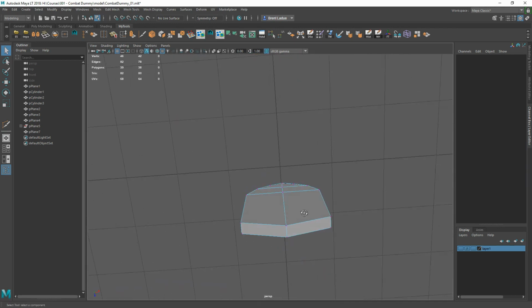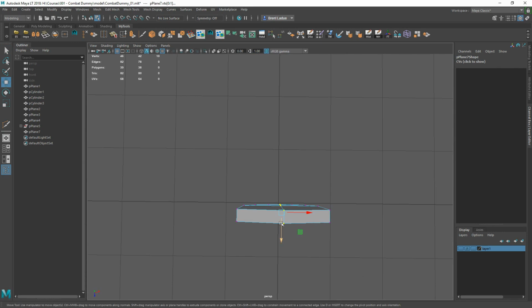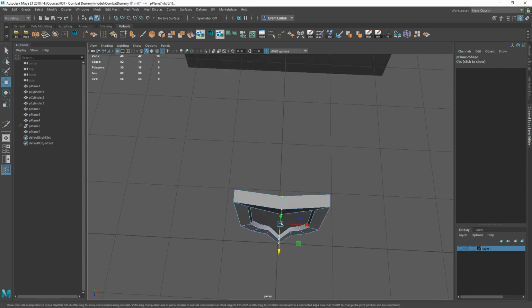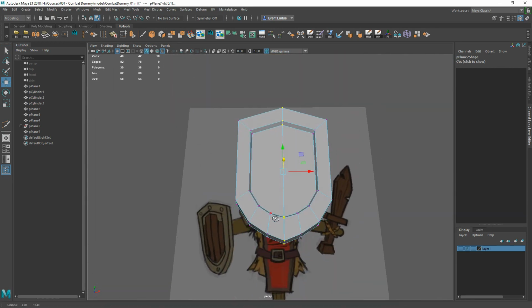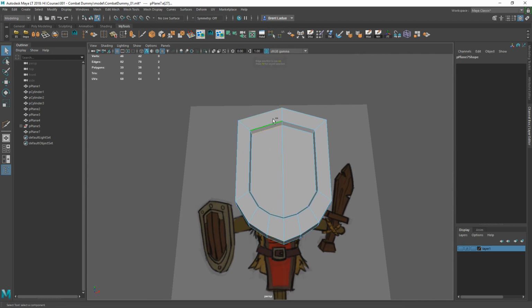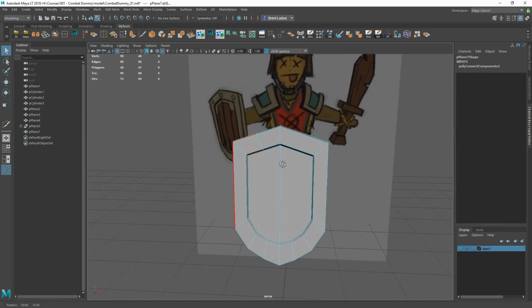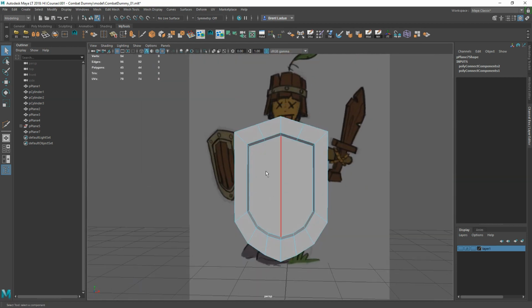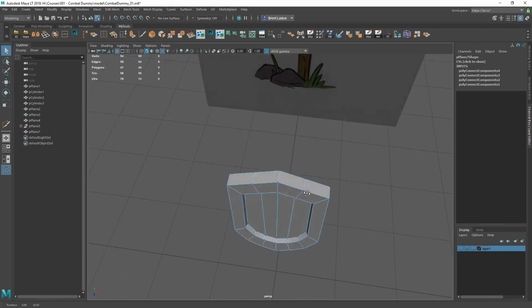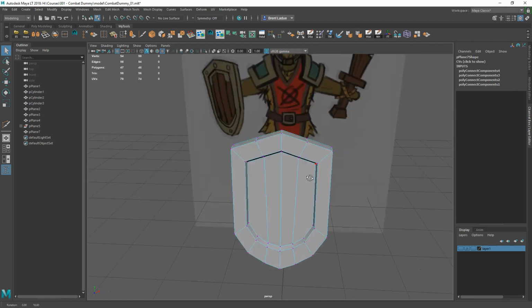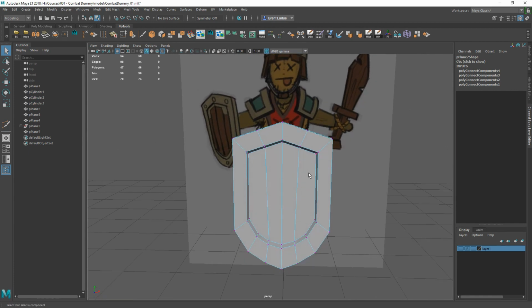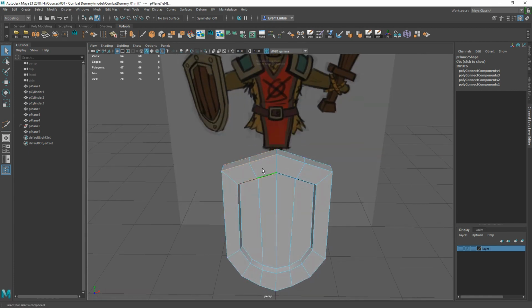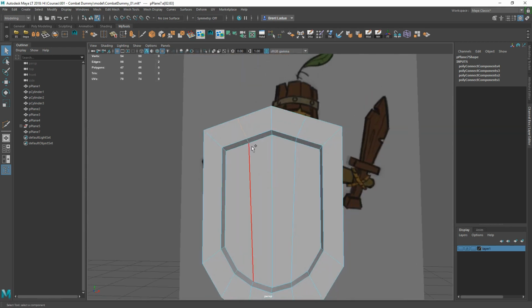I kind of want this thing to be curved too. So kind of like that. But I want it a little rounder. So we already have divisions down here. I'm gonna go ahead and we'll put in some up here, just using the connect tool. Let's see. I'll do a little more. Connect tool, and then also by